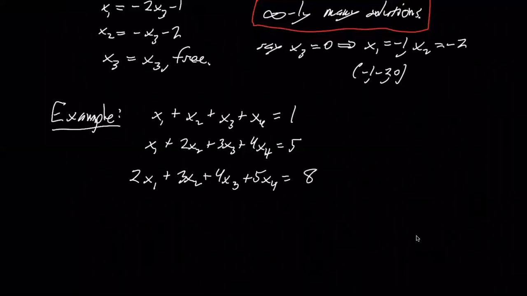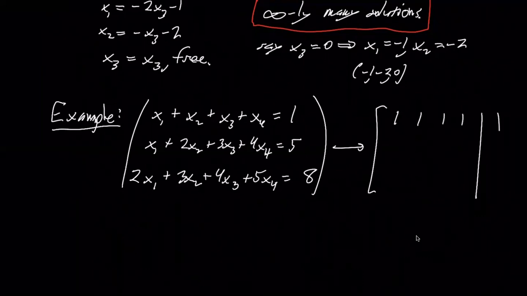Like, let's say it's 8. Well, what's going to happen? I claim it's going to screw something up. If the third equation was the sum of the first 2, that'd be nice, because the third equation would in some sense be redundant. But if it's not,